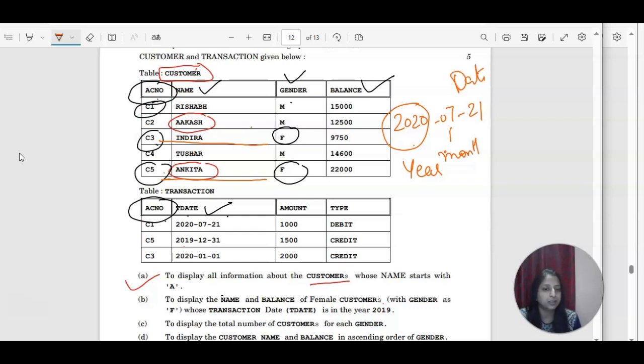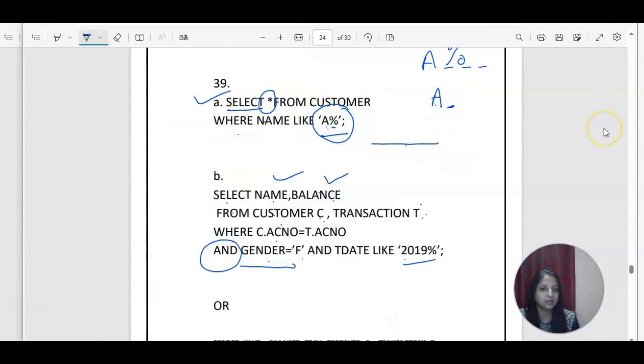We only have to check for year. So those first four digits should be the same, and after that anything is fine. Again the reason is the same, I wrote the percent sign here. So this will help you to fetch all the details for the date 2019 and 2019 only. The month and the date are not an issue.